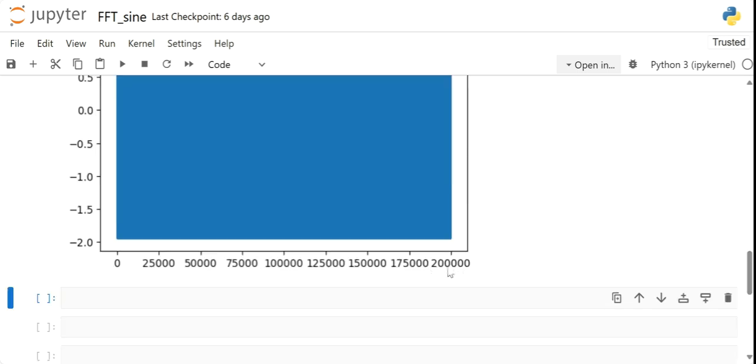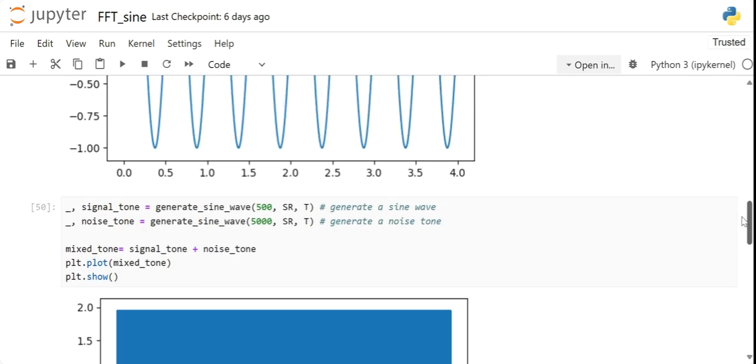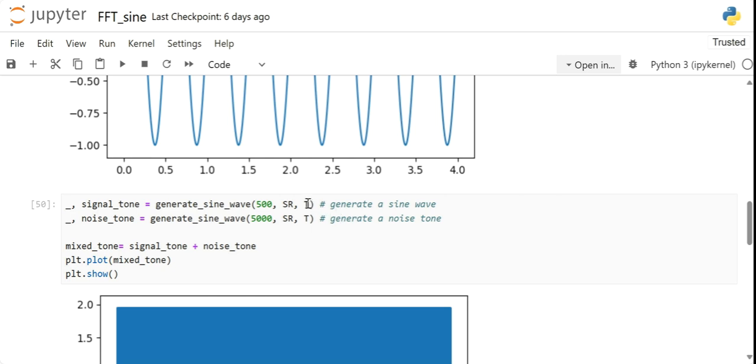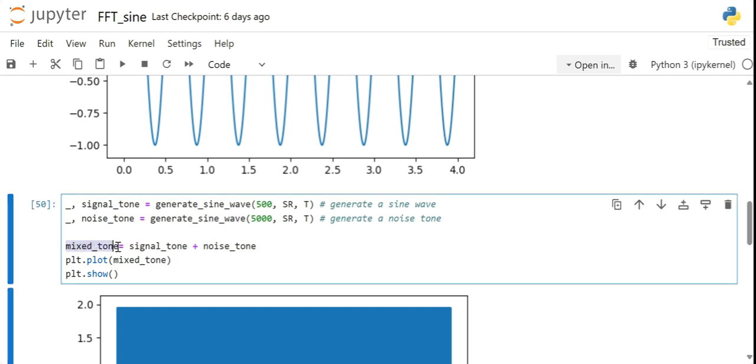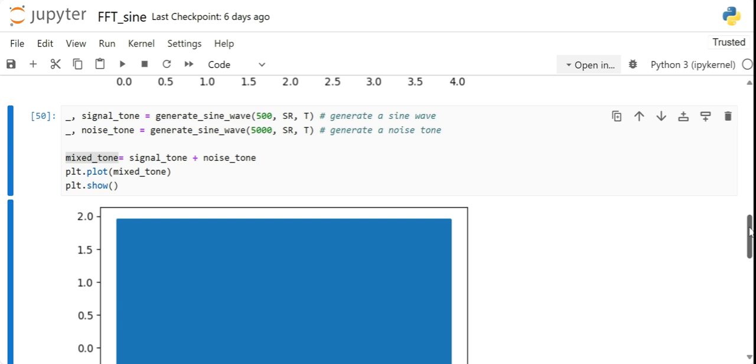And you can see on the x-axis, we have value till 200k. But we have not represented, see, we have given the time as argument, okay? But we are not plotting the time. We are only plotting the mixed tone, okay? So therefore, it goes to a very high value. So basically there are many number of points that have been plotted here, therefore we can't see the graph of the sine wave clearly. Okay, so what we can do is we can reduce the number of points we want to